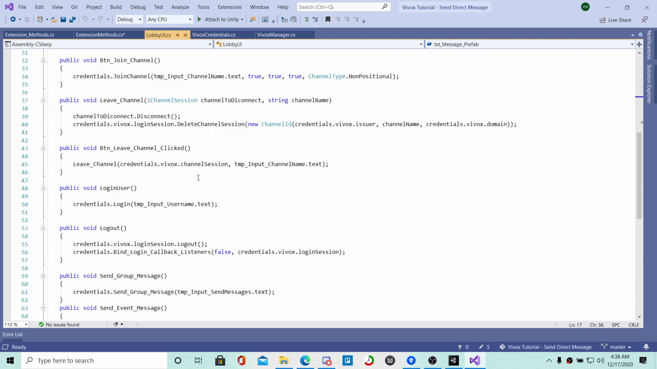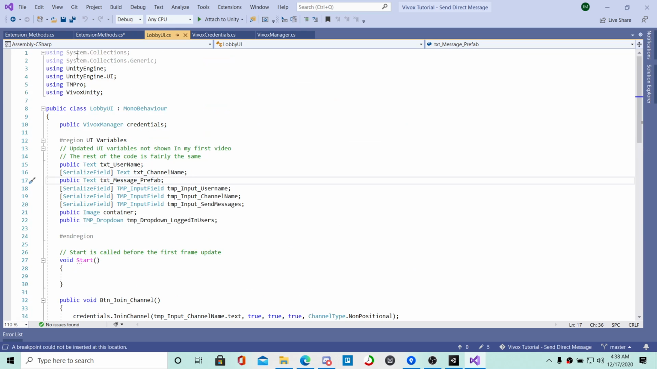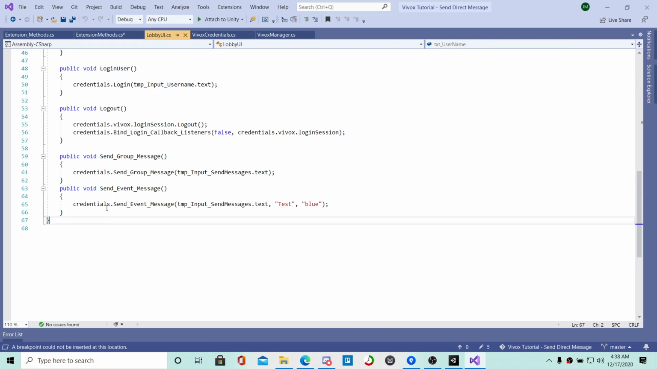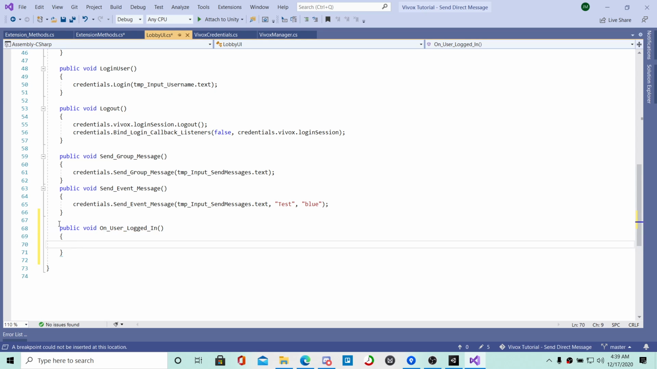So now if we go to our lobby UI, and then up here we're using Vivox Unity, let's create another method for our dropdown. So I'm going to say public void, and since we're doing this, I'm going to show you how to do it for users in the same channel to send direct messages versus different users that are logged in. We'll do the basic method first. So on user logged in,